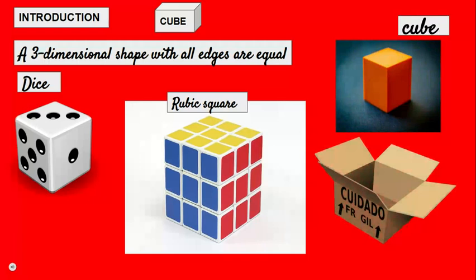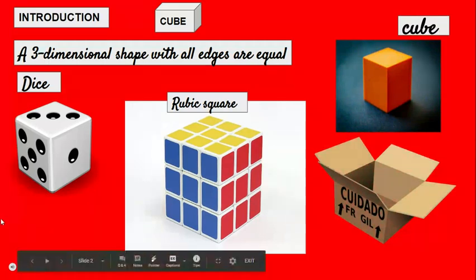And the question is, how is a cube related to numbers? So here we are not going to talk about these cubes, isn't it? We don't want to talk about the 3D shapes. Then what are we going to talk about? We are going to talk about cube numbers. Now, there are some special numbers which are capable of forming a cube. Let's see the special numbers which are capable of forming a cube.